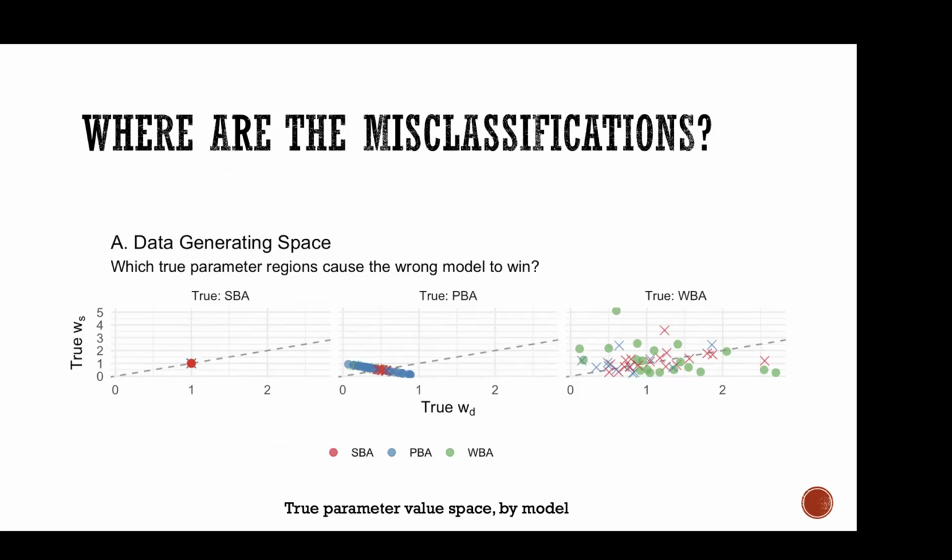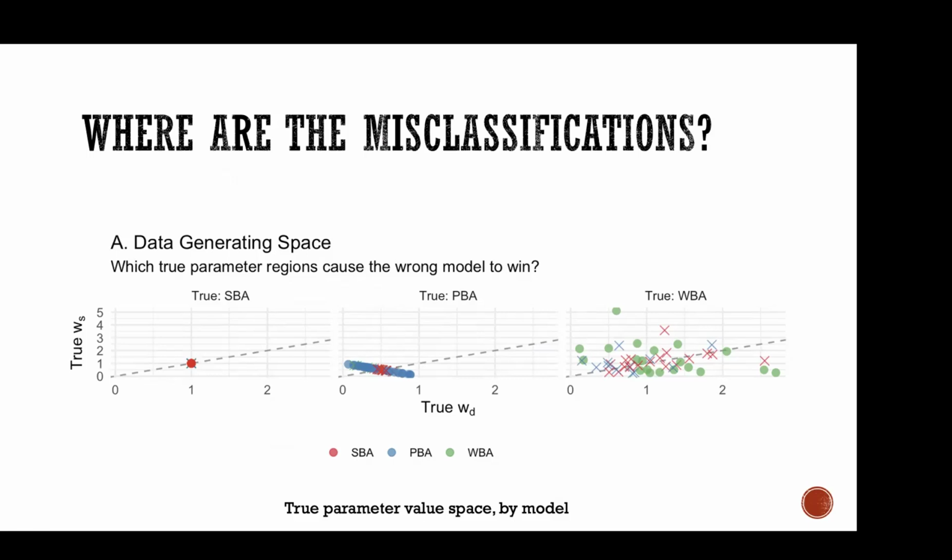and which of these combinations of parameter values were correctly identified with the true model and which were incorrectly identified with the wrong model. If we take that the true model is SBA, we can't really see anything, as you can imagine, because there's only one parameter value. Does it make sense? So the weights are 1 and 1, and that's it. So everything is there. Not very intuitive. If we take the PBA, first we see that the true parameter values sort of cluster on a diagonal, right? Because the higher one weight, the lower the other.